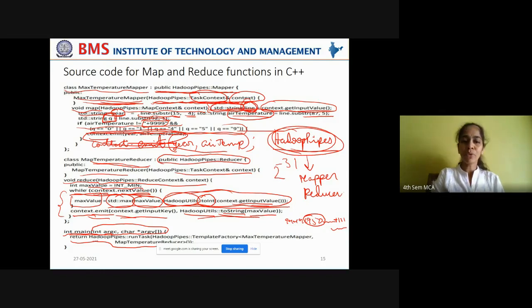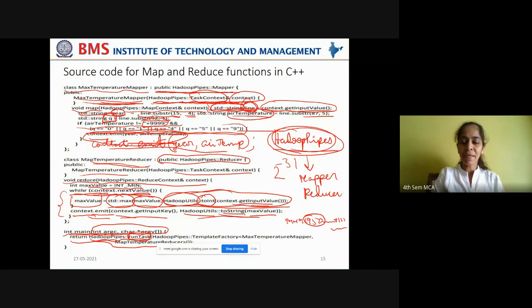Now, how do you actually invoke the task? By using the run task method of the Hadoop pipes namespace. You're invoking the MapReduce task by using the run task method. Observe this run task method, which belongs to the Hadoop pipes namespace.